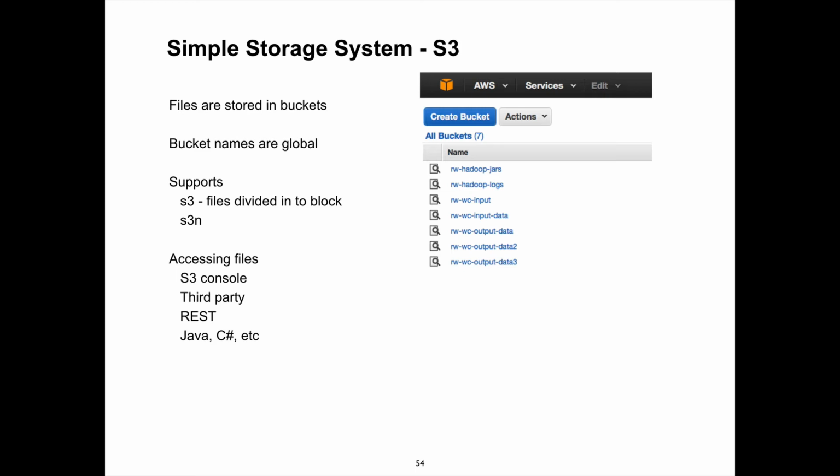So they've got their own file system called S3. It is different than the file systems you've been using, unless you've been doing some interesting things.